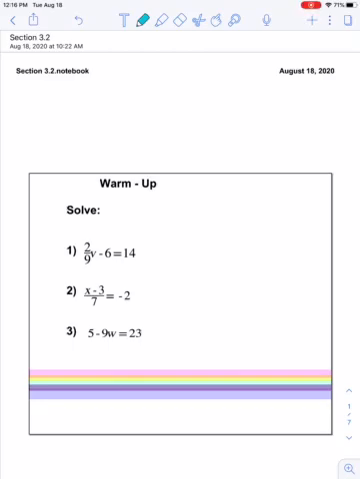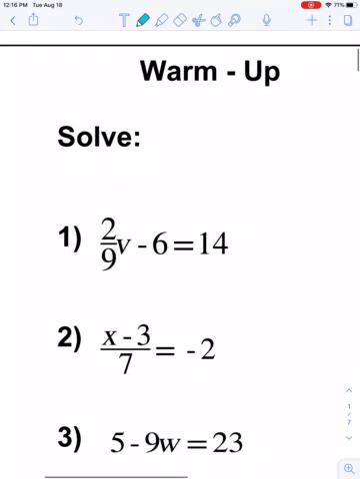Hi guys, this is section 3.2. We are going to be solving equations today. So we're going to start with a warm-up with simpler equations, and then we're going to do a little bit more complicated ones. Hopefully these on the warm-up are stuff that looks familiar, that you spent some time working on last year. So we're just going to review it quickly, and then we're going to move on to a little